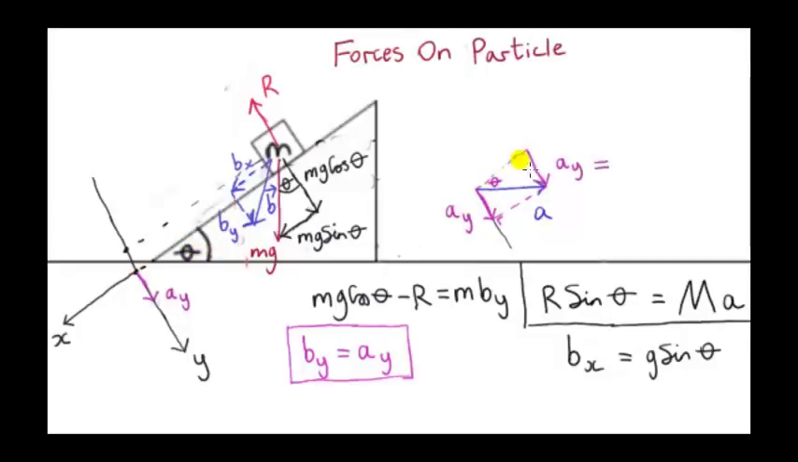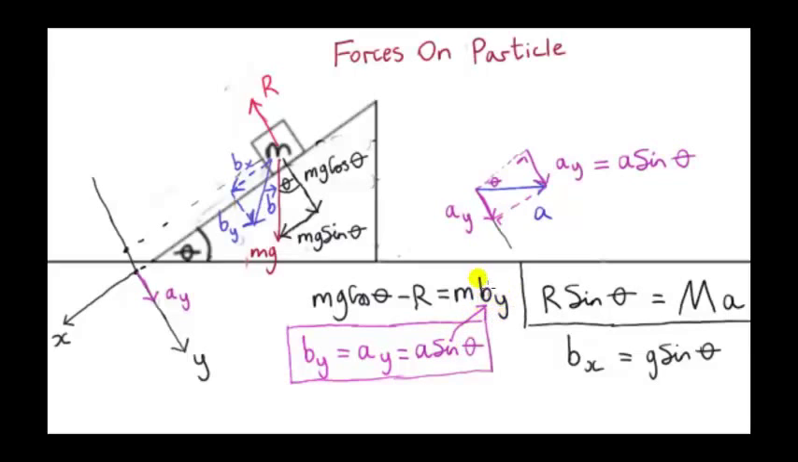So let's say we look at this right angle triangle up here. We want a sub y in terms of a. So a is the magnitude of the wedge's acceleration, so it's some positive number. A sub y is opposite theta, so a sub y is hypotenuse a times sine theta. So now we can plug a sine theta into b sub y,